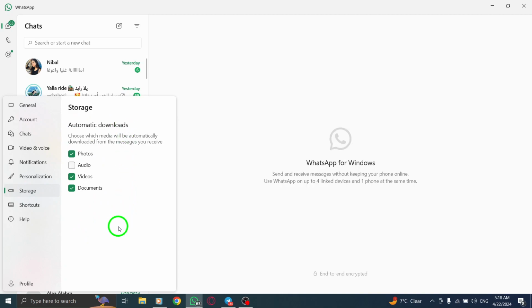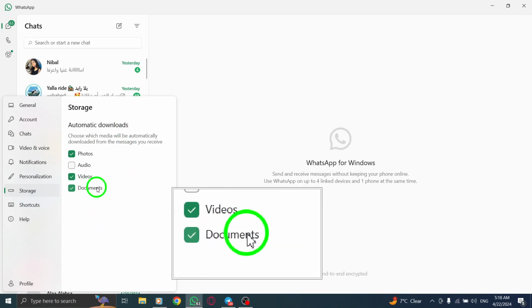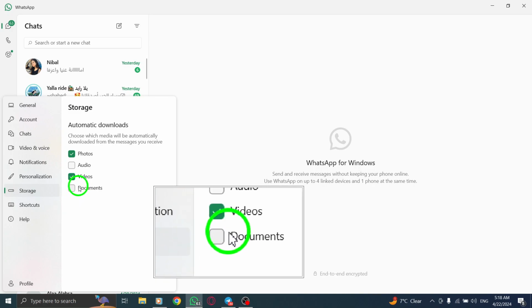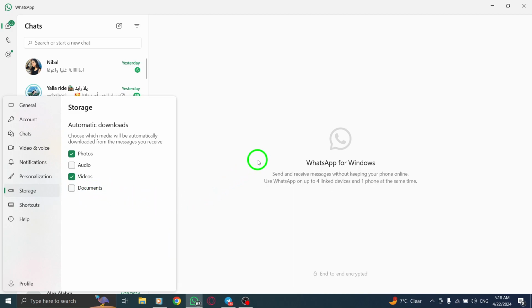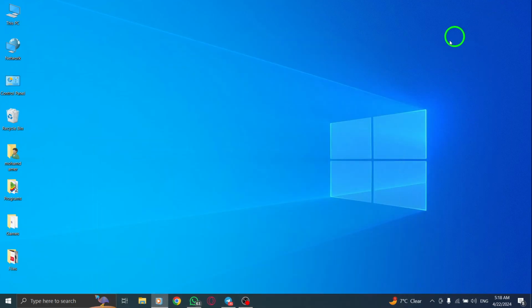Now uncheck the box next to Documents. By doing this, you will disable the automatic download of documents on WhatsApp when using it on your PC. By following these steps, you can take control of your document auto-download settings on WhatsApp and customize your experience according